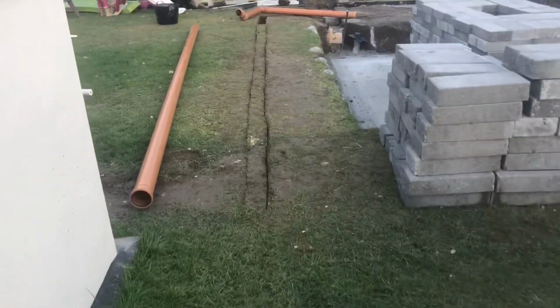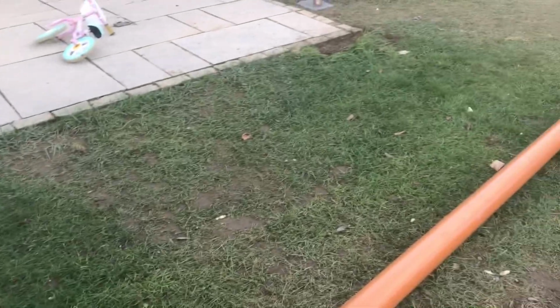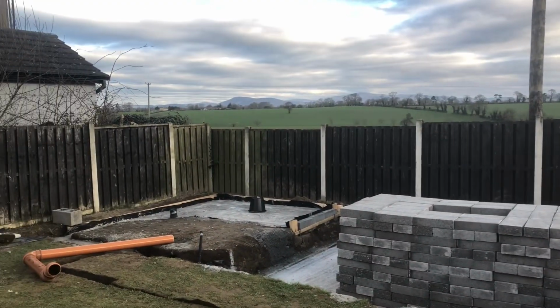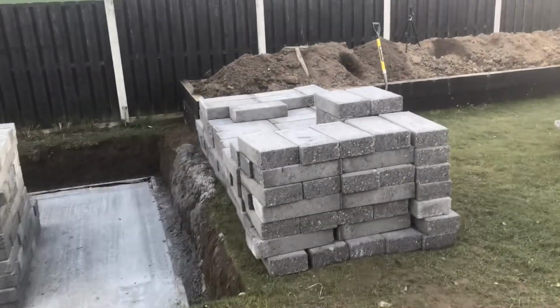Another little job I was talking about yesterday I got done was the swing set is moved, cemented in and everything, and holes filled out here. Yeah, it's a lot better now. You'll have kind of a pure view of the pond from the patio, and a nice bit of scenery as well. So we got a good bit done yesterday, got all the blocks across. So if I get this done, and when I get the trench